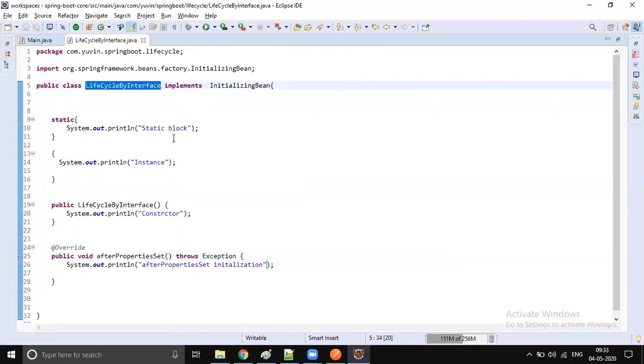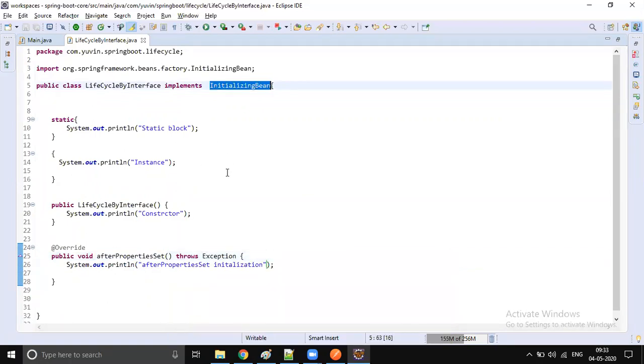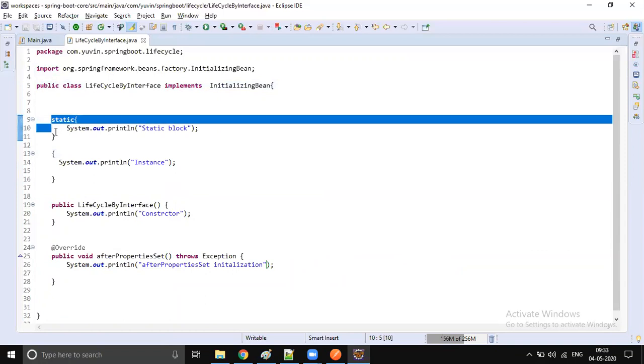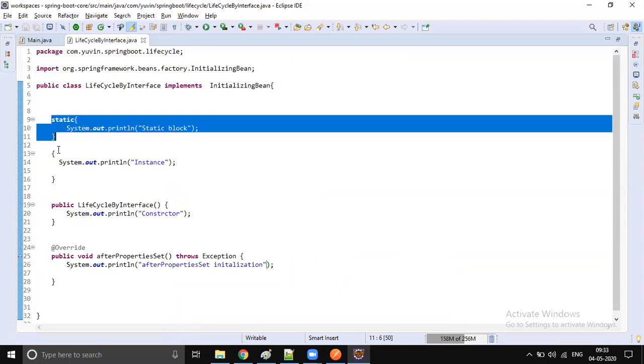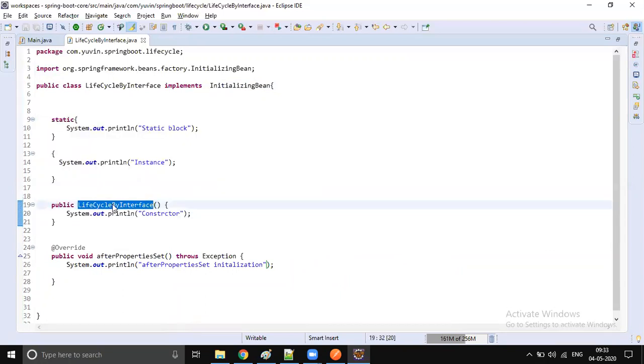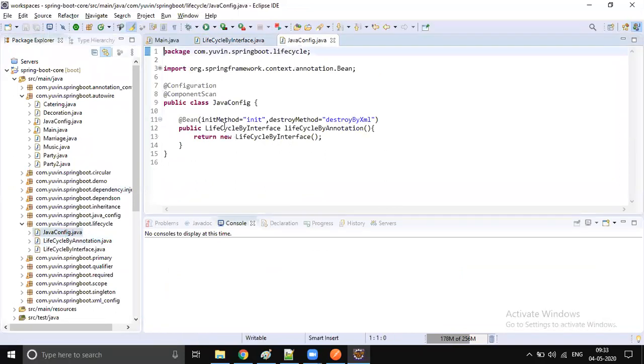First the static block will be executed, instance block will be executed, constructor will be executed. After my constructor execution is fully completed, then only Spring will execute afterPropertiesSet. Any doubts?